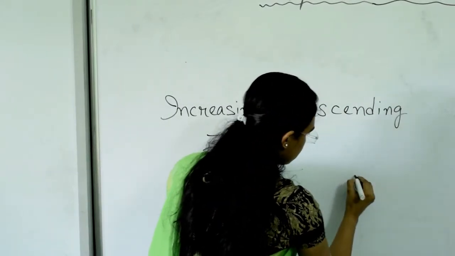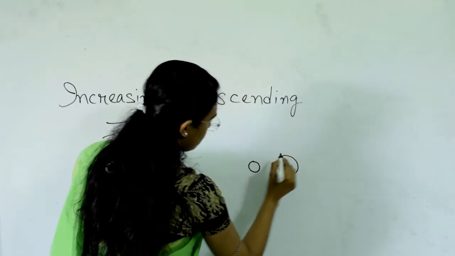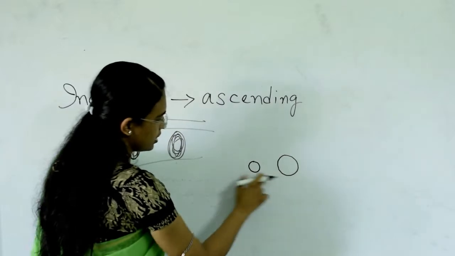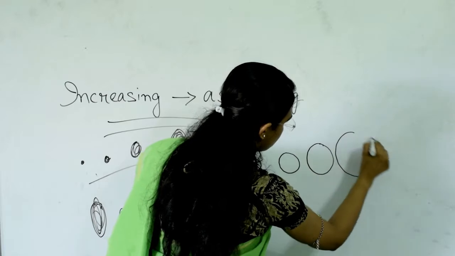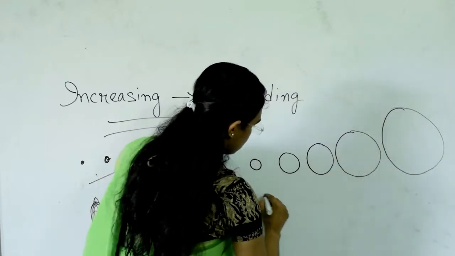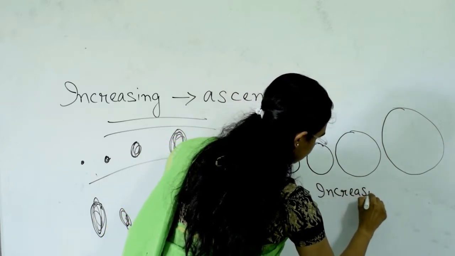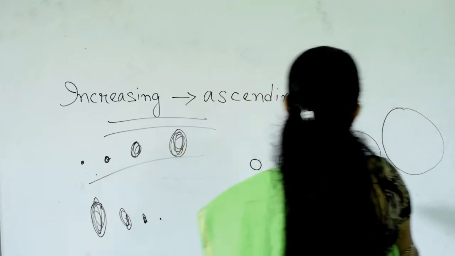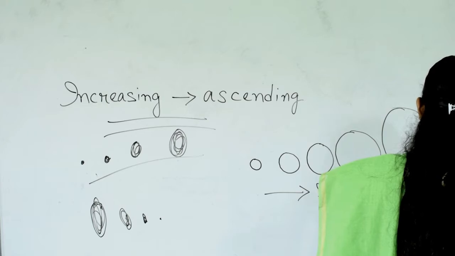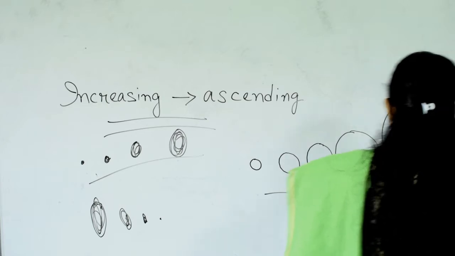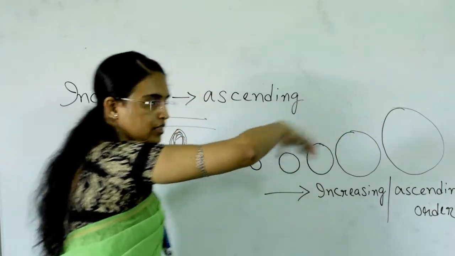For example, this is a stone, then a small stone, then it is bigger than this stone, then this one, then this one. So it is called increasing. This process is called increasing or ascending order. This is increasing or ascending order. छोटा सा देखो बड़ा हो रहा है, right? Now